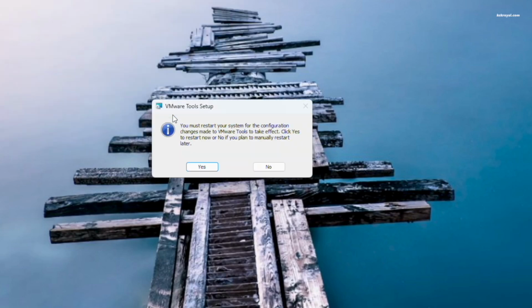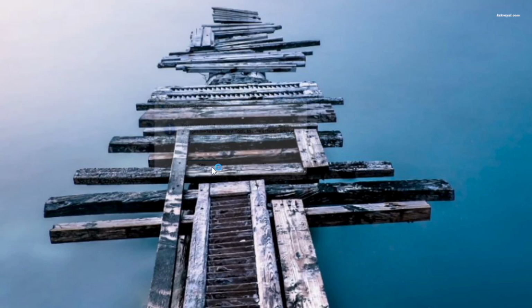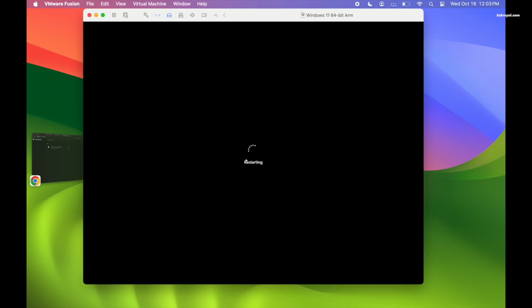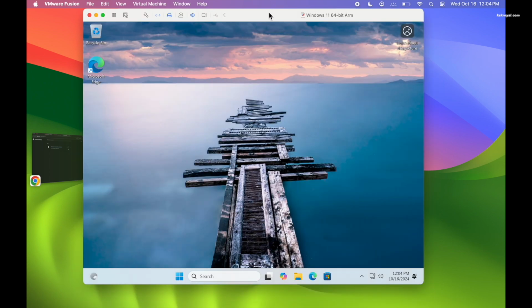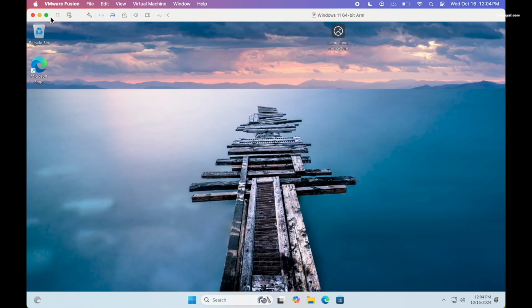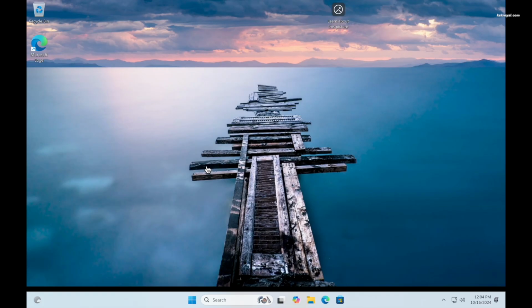After installation, click Restart to apply the changes.